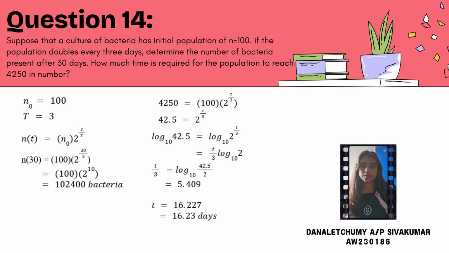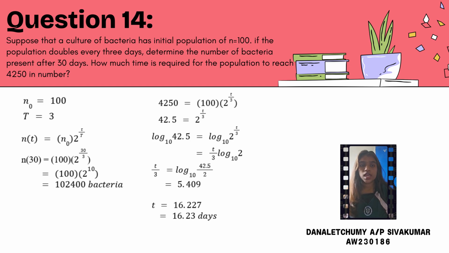Okay, now I'm going to explain question number 14. Suppose that a culture of bacteria has an initial population of N equals 100. If the population doubles every 3 days, determine the number of bacteria present after 30 days. How much time is required for the population to reach